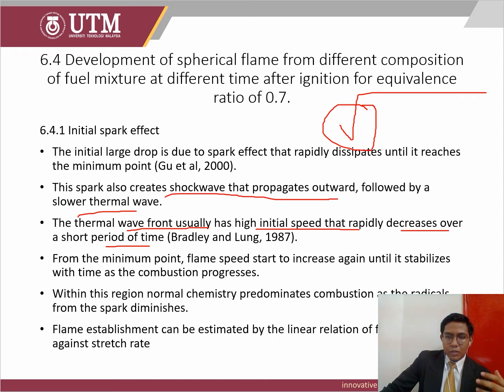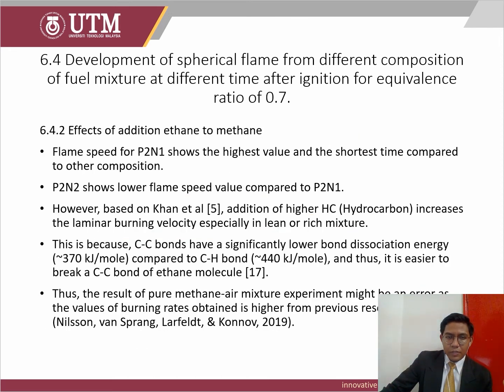So, moving on to the addition of ethane to methane, flame speed, as you can see before, the 100% CH4 has a higher flame speed than P2N2, which is the addition of ethane to methane. This shows that this experiment might have an error, since the addition of higher hydrocarbon increases the laminar burning velocity, especially in